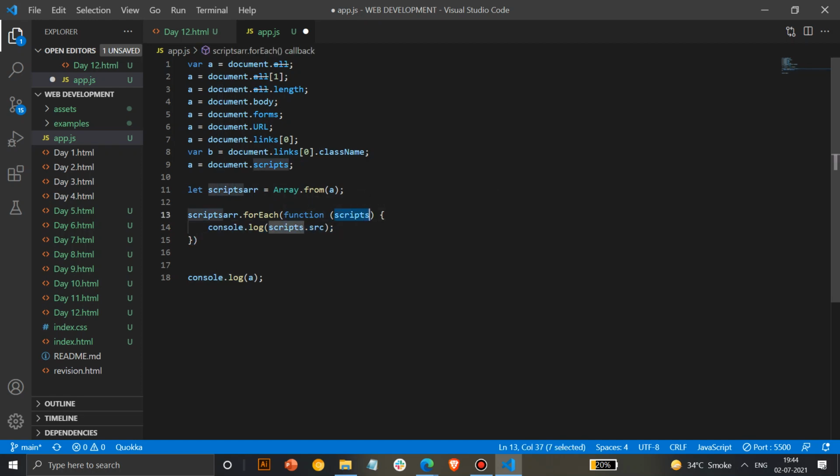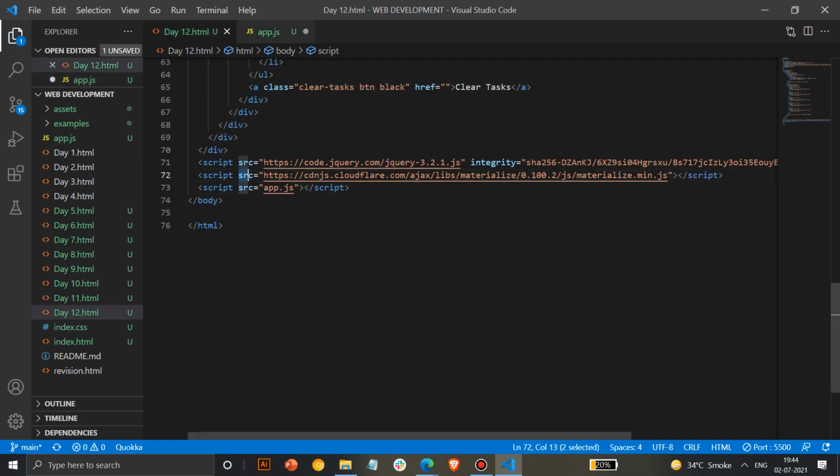In a function you have attributes and parameters. So this is one of the parameters that is present. Here we are using only one parameter, scripts. You can take any name, just like a variable name in an array. You can use A, B, C, D, anything. But so that you can understand a little better, I've used scripts. And from scripts I have just printed the source for all these files. Source is the link which is present here.